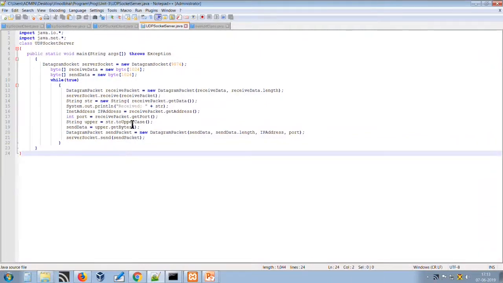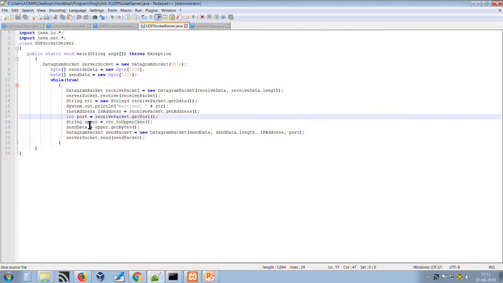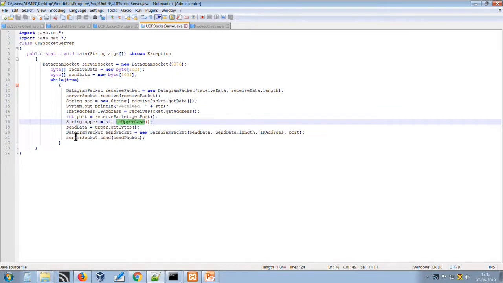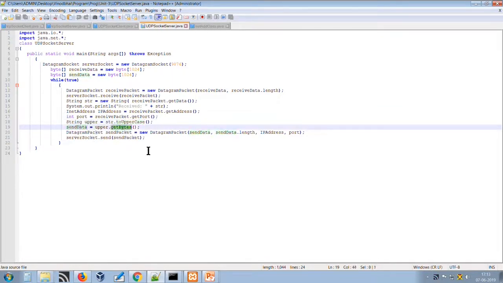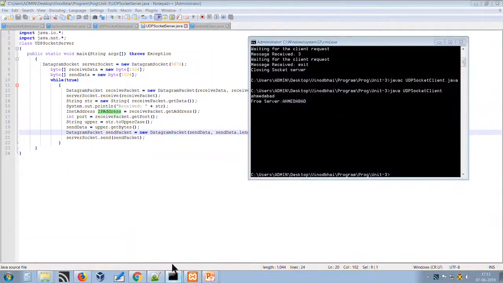What you have done here, see here, we have simply used the toUpperCase method. Once the server receives the data from the network, it converts it into uppercase and sends it back as bytes. See here, it sends the data to the particular localhost with the mentioned IP address and port number. So this way the UDP protocol is used, using the DatagramPacket and DatagramSocket classes. So this is all about TCP and UDP programming in Java networking.